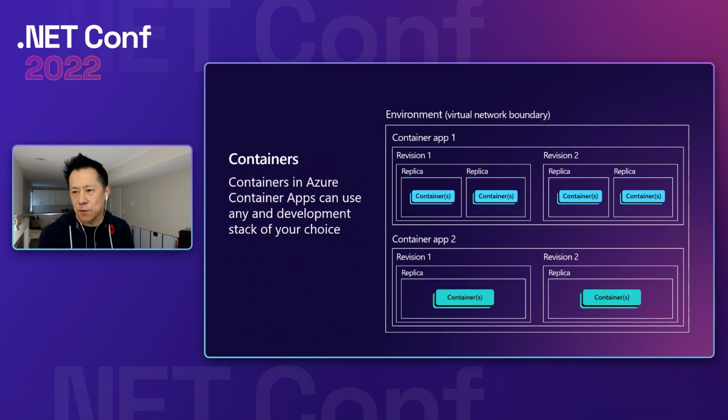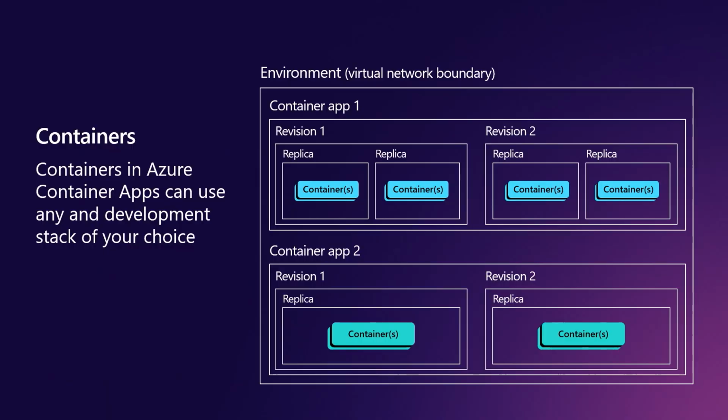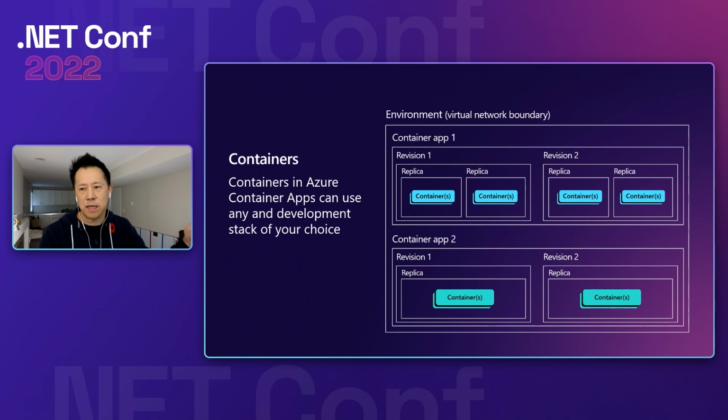And then finally, within the replicas, you have your containers. Typically, a single container app revision has a single container defined, and that container is running your web app or your background job. But you can actually run more than one container together, and that's what we call a sidecar pattern. You can have a main container that's, say, a web application, and then run a sidecar container that will, for instance, capture logs and ship them off somewhere else. Those are really useful for that, and those run within a replica.